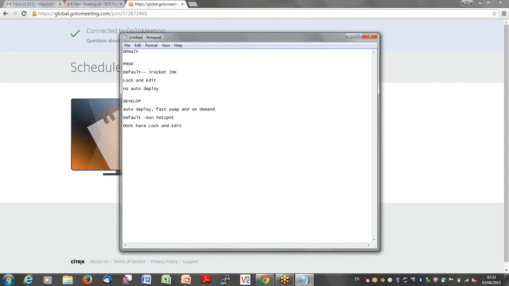On-demand deployment is something like this: WebLogic itself has some internal applications, just like your admin console. Yesterday I showed you the admin console. The admin console is an application used by your system administrators to interact with your admin server and manage the WebLogic domain. So the admin console is an internal application. Whenever the admin server is started, this admin console application is also loaded. You can see it in the logs. That's why whenever you type localhost, the admin server port number and /console, it pops up